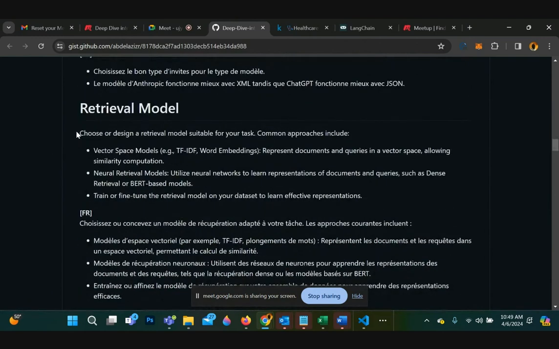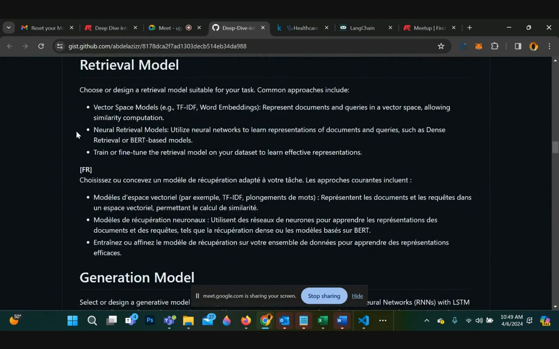So now at this point, we get into the retrieval model. There are different types of retrieval models based on task. Retrieval models basically take an input, embed that input, and then do a similarity search on a vector database and retrieve the data that is close to that input, right?